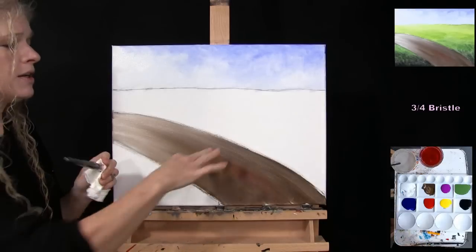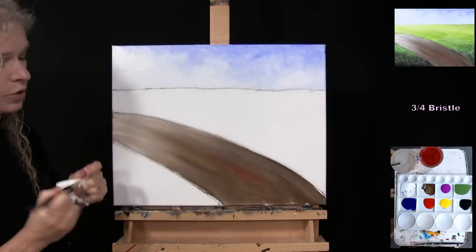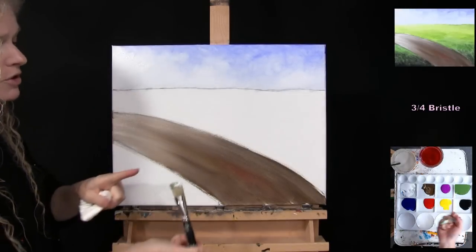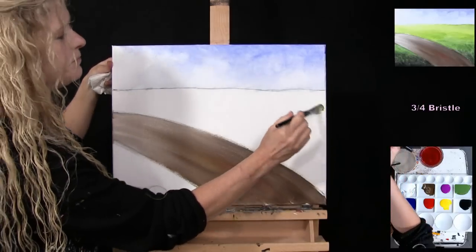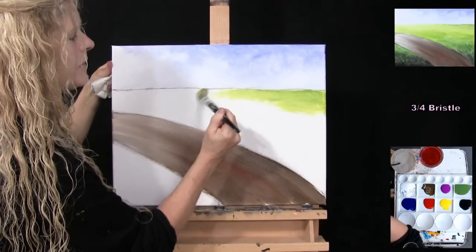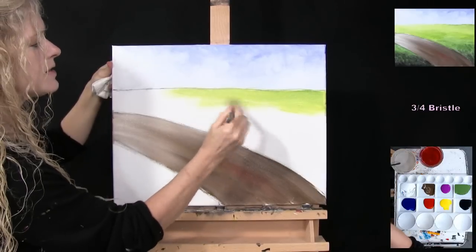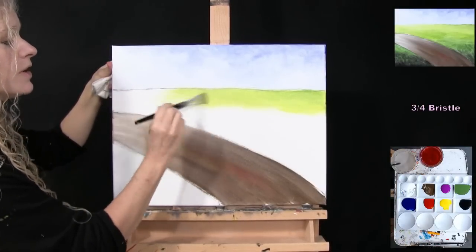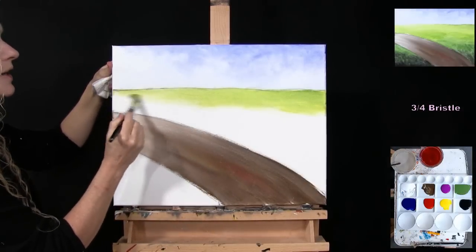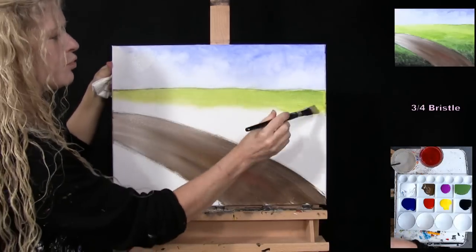And we're going to be modifying the edges of the grass anyways. So I'm going to start up at the top with yellow, white, and a little bit of green on my brush. I want this to just be nice and light and sunshiny up at the top. I don't even need heavy paint because I have a nice white base underneath my paint, so I can just almost stain or rub this on the canvas,